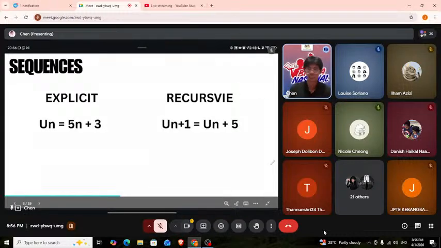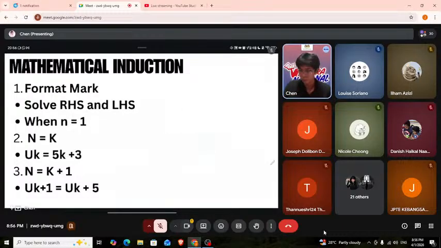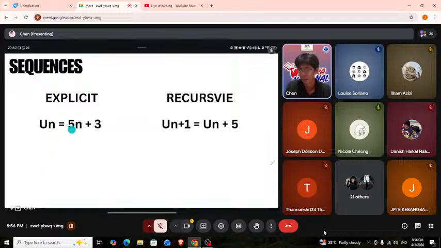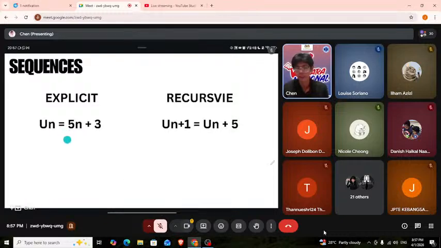Right? First, sequences. You have to remember 2 things: explicit and recursive. So how do you identify them? Explicit is when it has un, this right here, and 5n plus 3. It doesn't have +1, +2 right here. It's like this, with +1, +2 there. It only has this, un and n. Very simple. Then recursive is a bit complicated because there's un+1 here, then there's the un+5 here. So if you're able to separate them,